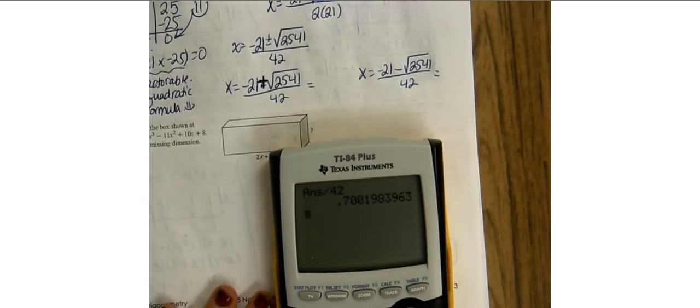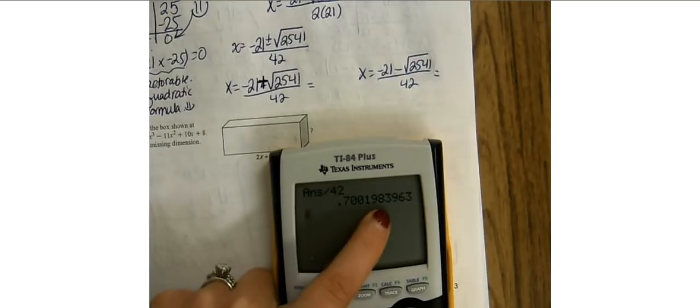And that is 0.700198. Please write down 0.700198. There is a reason for why I had you guys write that down, and that's because 8 is in the millions place. Next, I'm going to repeat the process, and I'm going to put in negative 21 minus the square root of 2,541, and I'm going to divide that number by 42, and I end up with negative